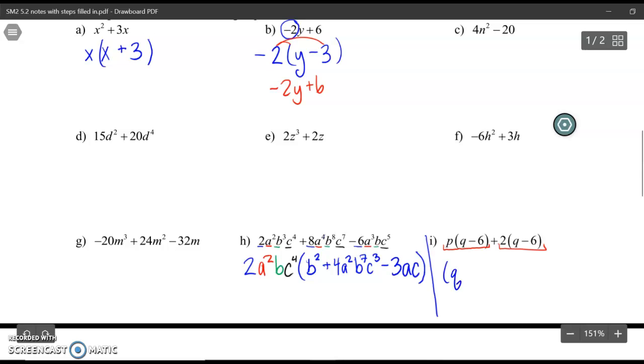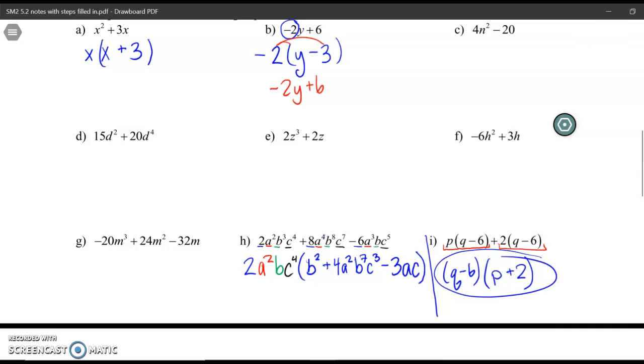Okay, so I'm going to factor a q minus 6 out of both of them. If I factor a q minus 6 out of the first term, all I'm left with is a p. And if I factor it out of the second term, all I'm left with is a 2. So then I can factor it just like that. Okay? It doesn't look complicated, but it's actually super simple. This is going to be really important. We're actually going to use the idea of this kind of factoring